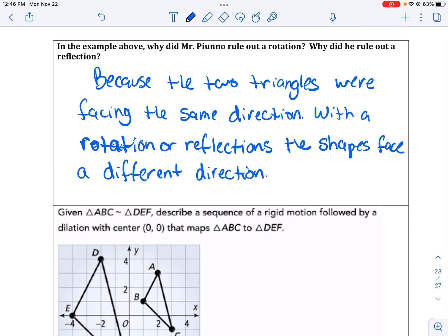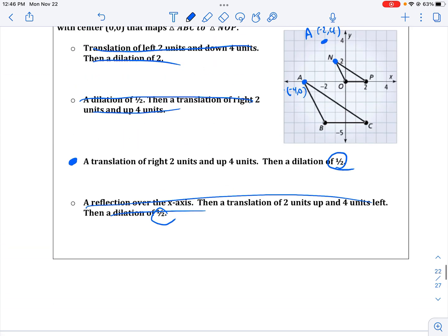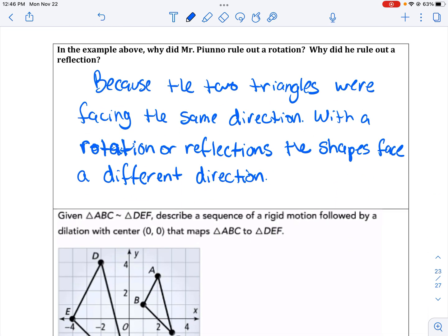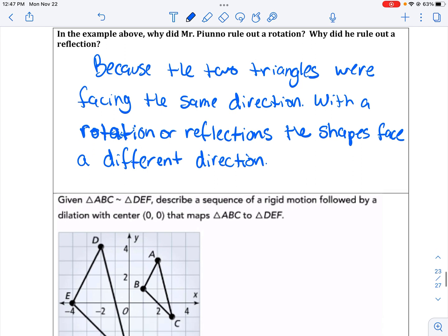In the example above, right away I should also be able to tell there is no reflection. So there's not going to be a reflection because my shapes are facing the same way. In a reflection, your shape changes its orientation of where it's facing. So I ruled out rotation and reflection because the two triangles are facing the same direction. With a rotation or reflection, the shapes face a different direction. So here,